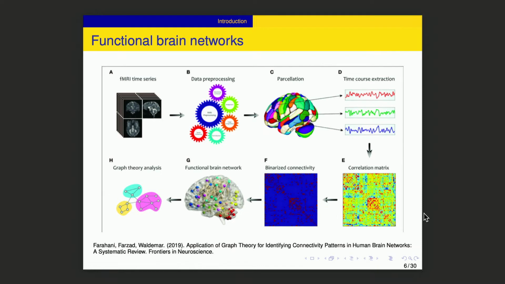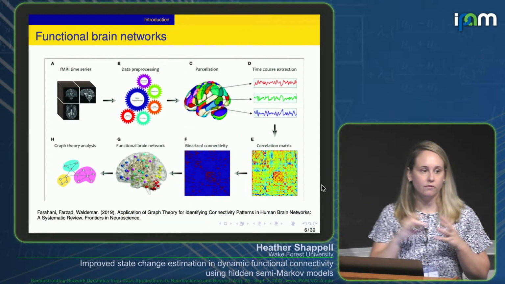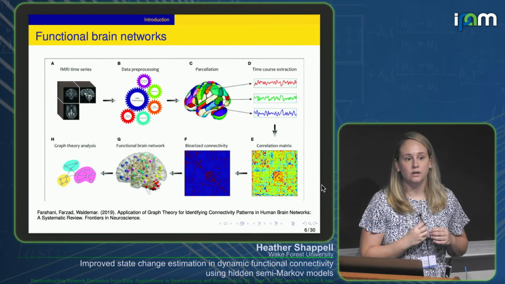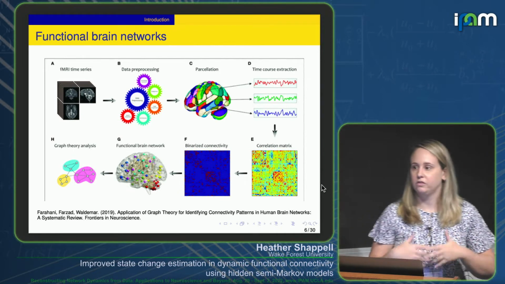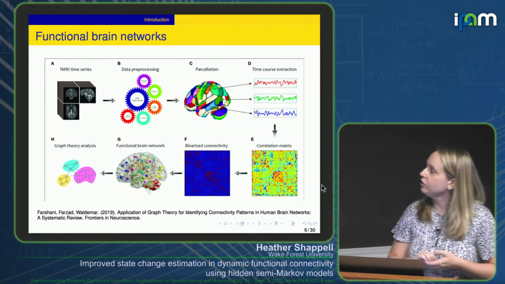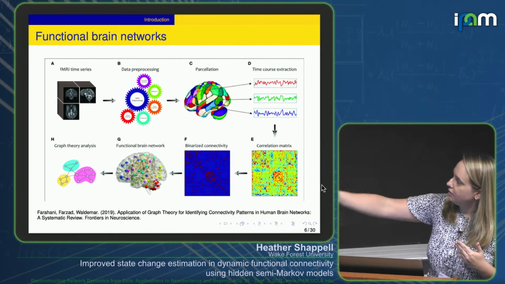So you have that time course extraction step, and then you can create what is called a weighted network actually, this correlation matrix. Where for every pair of those regions, you correlate the time series data, and you have a correlation coefficient. People use different ways of doing this. We typically use Pearson correlation in my work. So correlation coefficient, and this